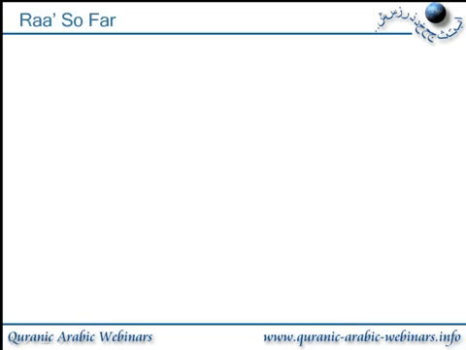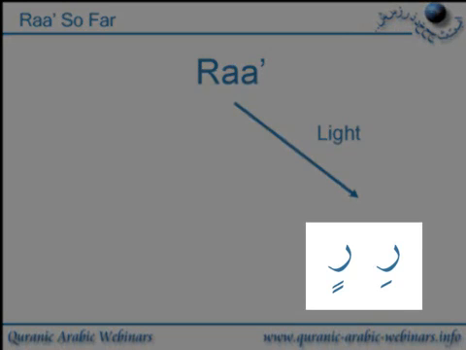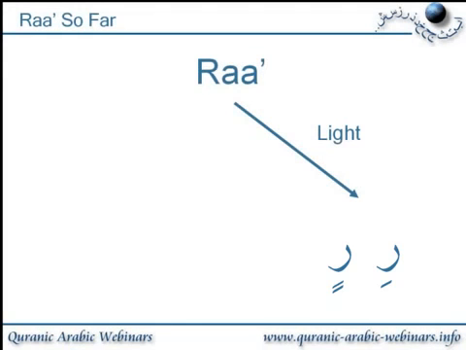So a revision so far of what we've done with the letter Ra. So we know if the letter Ra carries a kasra or a kasratain, it is pronounced light, i.e. it is empty mouth, what we call empty mouth. So both of these you'd say with a nice big smile, ri and rin. Okay, so if you smile you get an empty mouth.